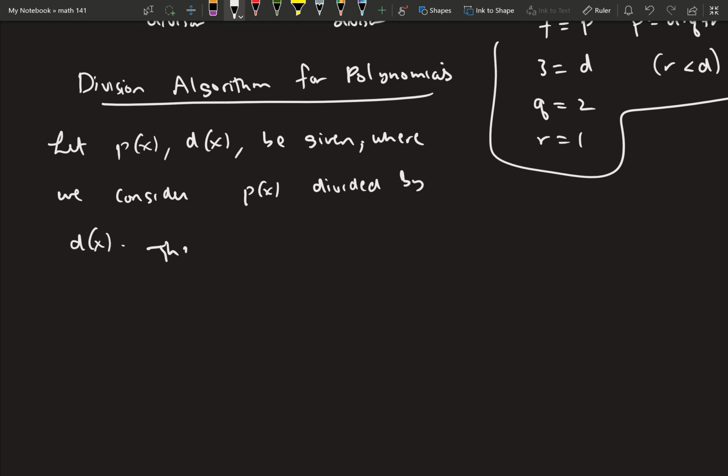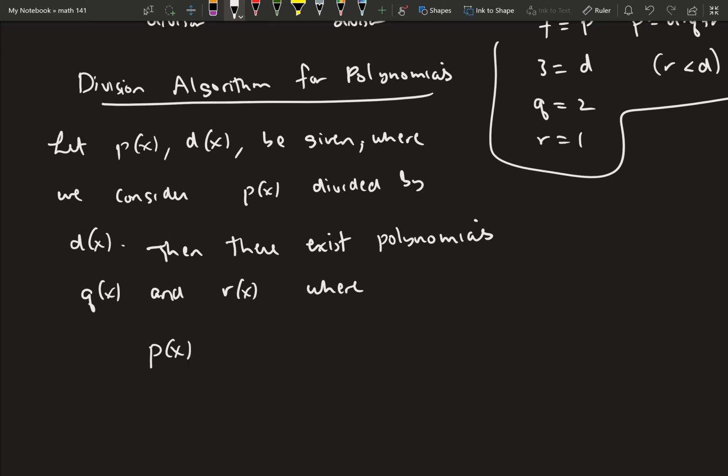Then there exist polynomials q of x and r of x, where the following holds true. We have p of x is equal to d of x times q of x plus r of x, where,